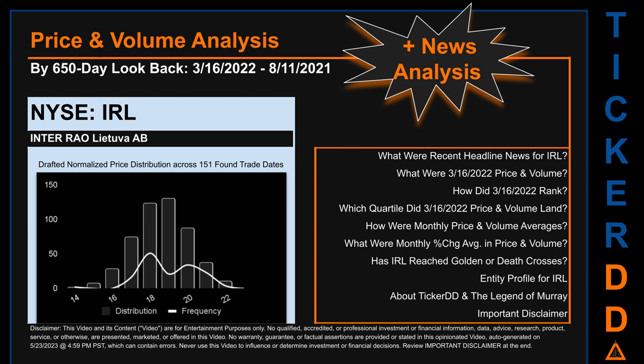The chart shown on this page is our initial attempt at studying the price for IRL after dynamically normalizing price distribution across those discovered trade dates. The bar chart is the generated distribution and the overlaid line graph, if it is generated, is the frequency of the prices on the x-axis. We will enhance this look-through as our AI model progresses in the next iteration. Remember that this is just a drafted, in progress, observational model to best fit abstracted third-party data into various opinionated views. Before we jump into price and volume analysis, let's look at recent headlines for IRL.